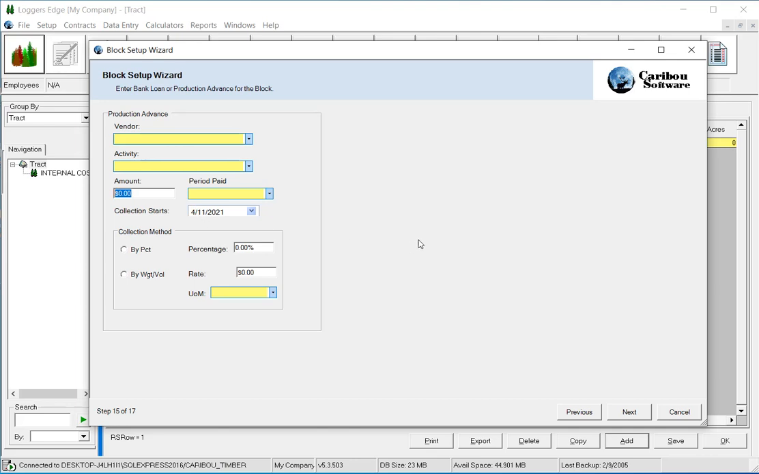This would allow you to set up a landowner advance. So for example, if you told the landowner, I'm going to pay you $10,000 up front, and then I'm not going to pay you anything more until I've essentially cut $10,000 worth of timber from the tract. And the moment that I hit the $10,000 worth of timber, then I'm going to start paying